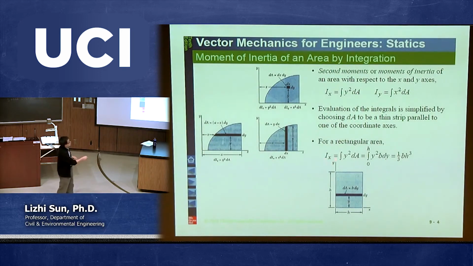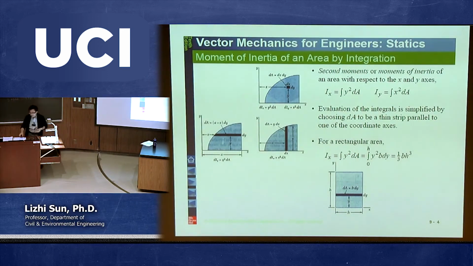So this is the moment of inertia with respect to x. But then, of course, if you are changing the coordinate system, instead of choosing this as your coordinate system, you change it to this and this, are you going to have the same moment of inertia? And the answer is no. The answer is no, but it's not that much. The reason it can be different is because of y squared dA, and y is heavily dependent on the coordinate